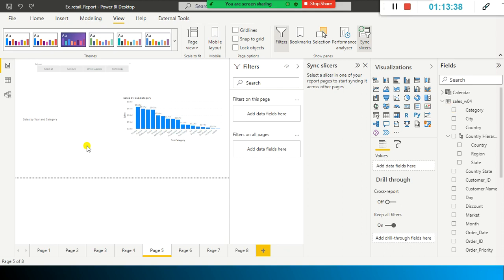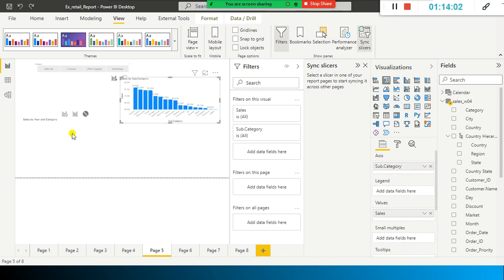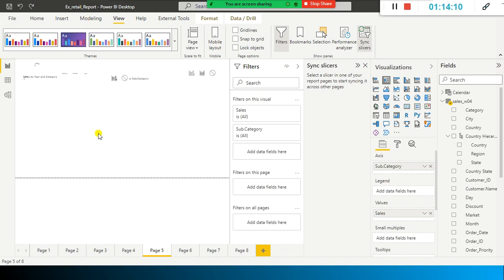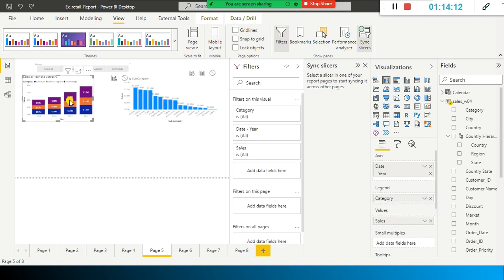And one more best practice is don't enable interactions with all the visuals in your report page. It's not a good practice, because supposing you are using 10 visuals, and if you leave the default behavior as it is, what will happen is behind the scene it will generate multiple queries to filter all the things. It is not the good practice. So we are going to control this filtering behavior.